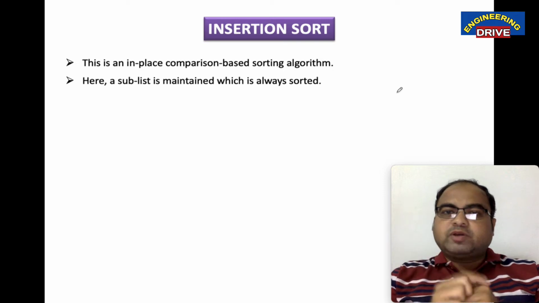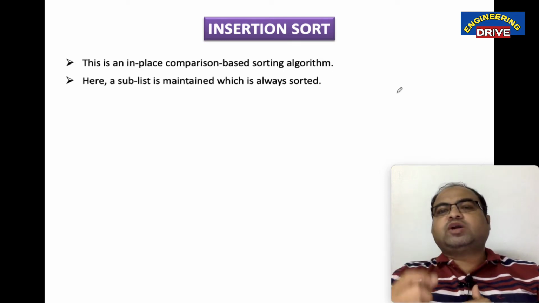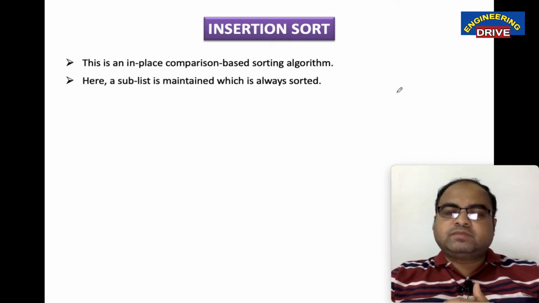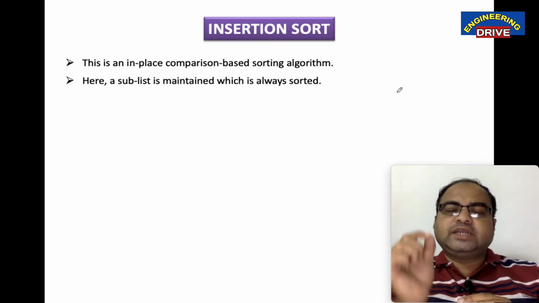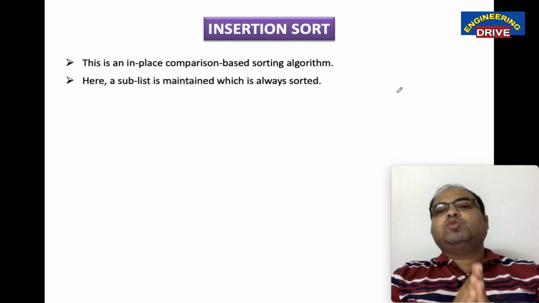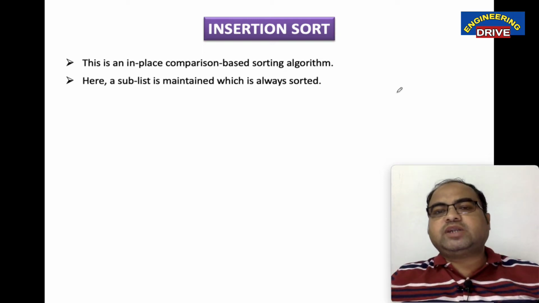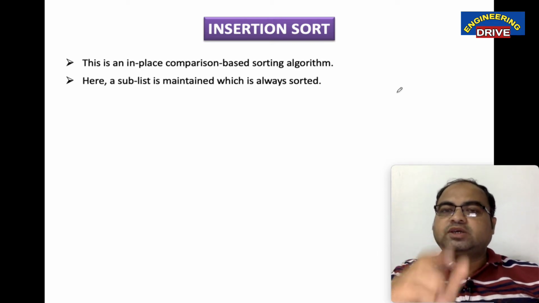All of you remember one thing, every sorting method will have one unique feature. We should not get confused. If we remember that unique feature in every sorting method, then we will be able to write the answer for any sorting algorithm in the exam without confusion. So that's why you note down those key features.